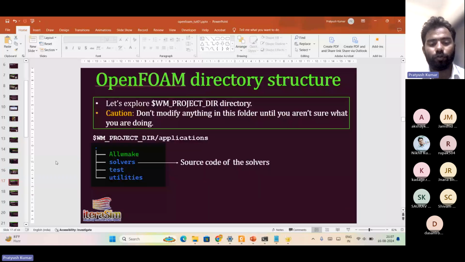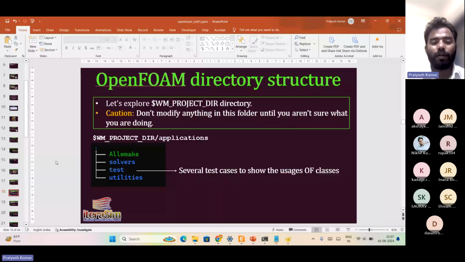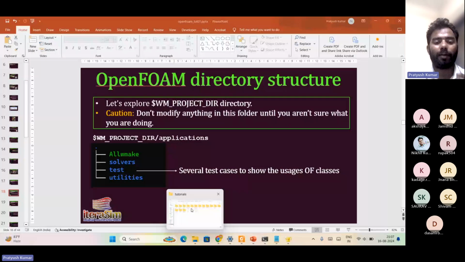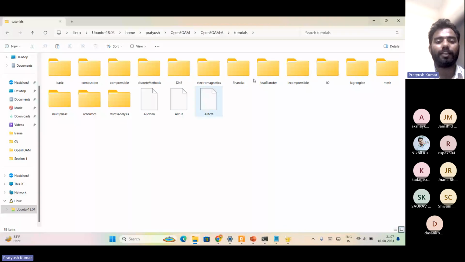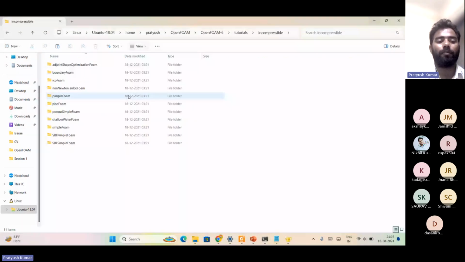Okay, so I already told you that the solvers folder has the source code of the solvers. One thing I want to tell you: whenever you want to work on a solver or a test case or the tutorials, don't modify anything in the OpenFOAM folder. So what I want to say is that if you want to run a test case from the simpleFoam or icoFoam,